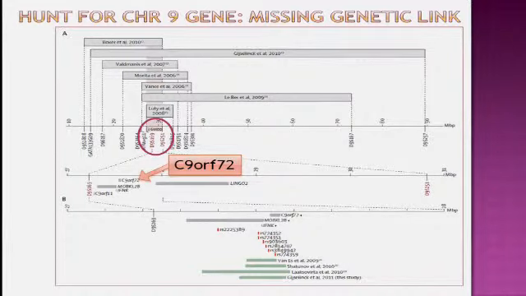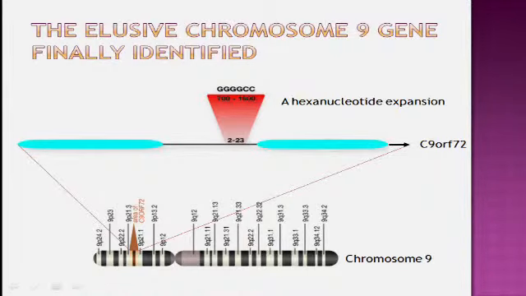It had been staring at us all along. So why was it so elusive? Why did it take so long to find? We've been sequencing it back and forth. Well, it turns out it's because it's a different mechanism. It isn't just a simple sequence change. It actually is a repeat expansion, similar to what you may have heard of Huntington's disease or Fragile X. Those are trinucleotide repeat expansions. In this case, these were hexanucleotides, 6 nucleotides repeated. Normally you have 2 to 23, and in individuals that had the mutation or expansion, they were up to like 1,600 repeats.